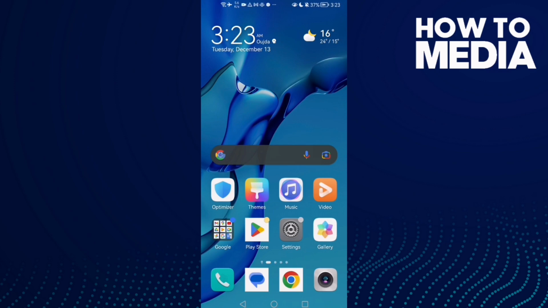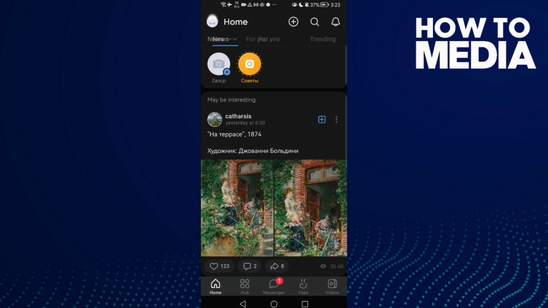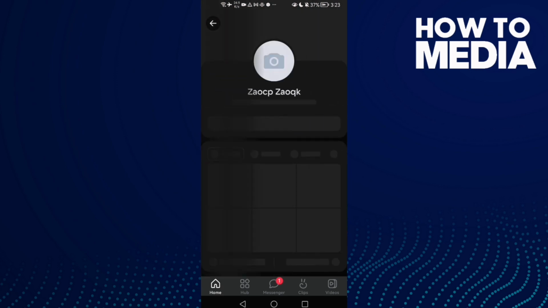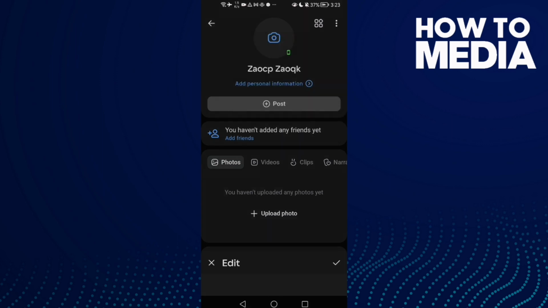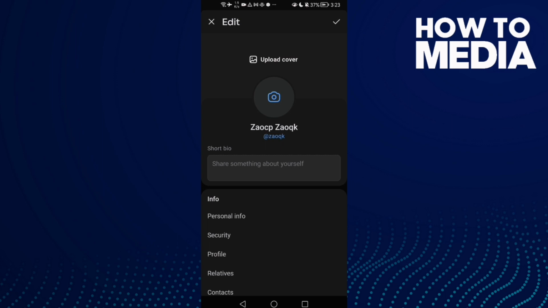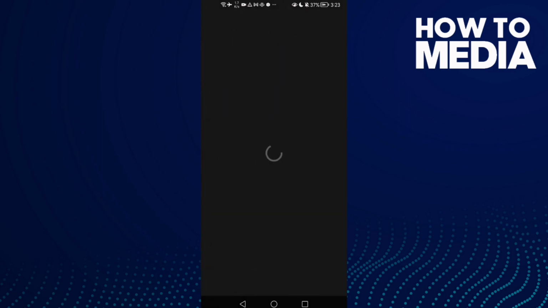How to remove your favorite TV shows from your profile on VK on Android or iOS phone. First, open VK. Now click on your profile here and then click these 3 points, and then click edit profile and then scroll down. Here you will find interests. Click on it